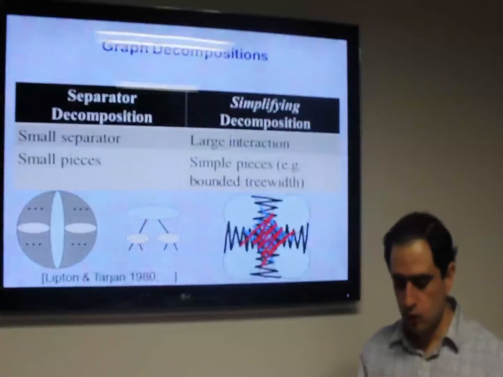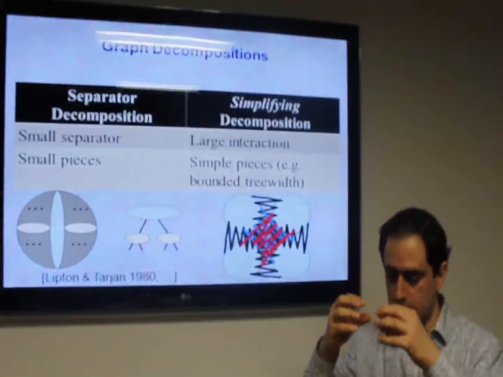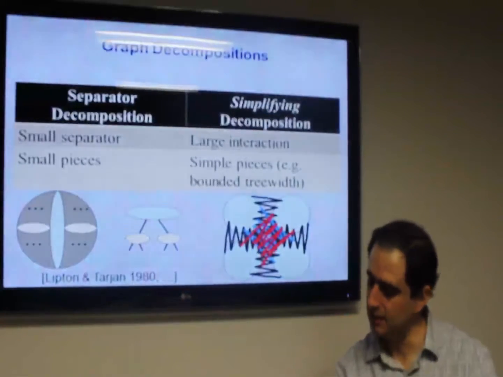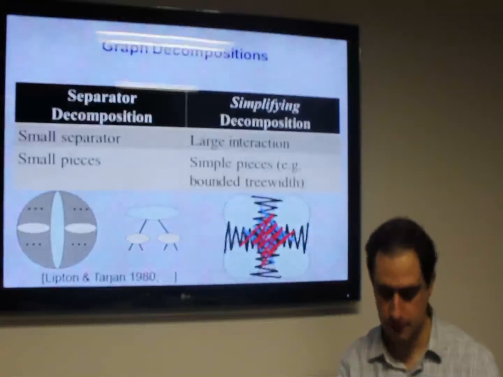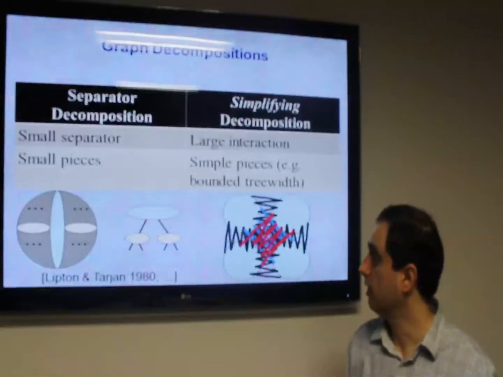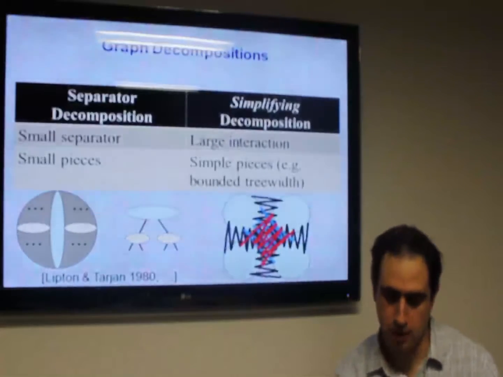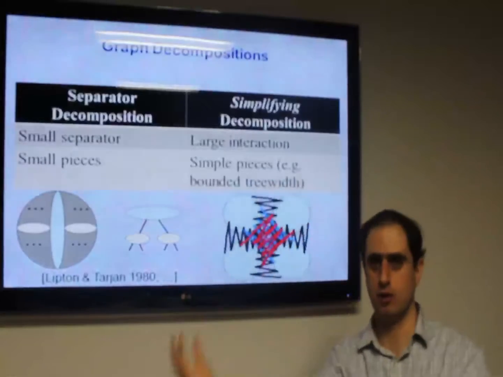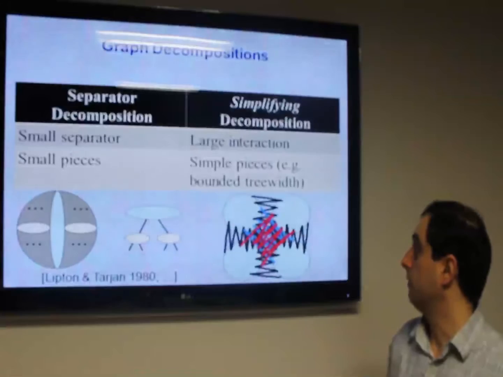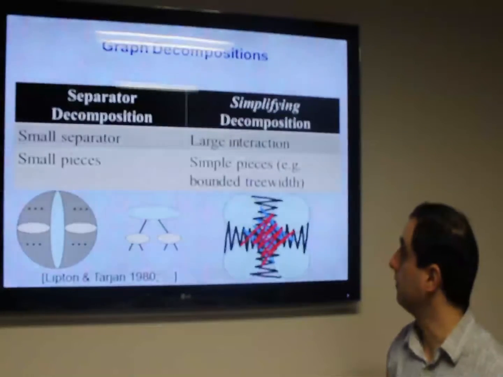Here, we find small separators such that we can break the graph into smaller and smaller pieces, such that at the end, each part of the graph that remains is a small graph. And then we will often solve some problem on that, and then we combine the solutions to obtain a solution for the whole graph. So the new one that we considered more and developed more is